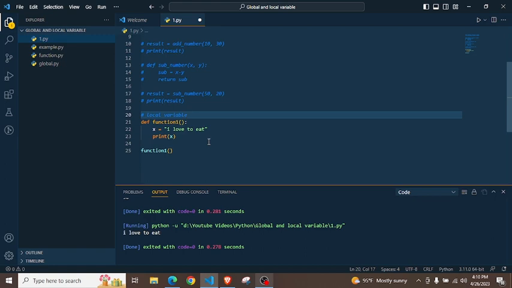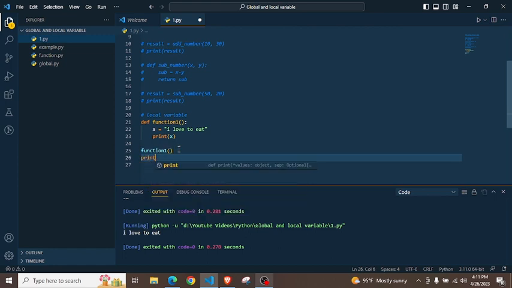A global variable we can access anywhere, inside and outside. Here I wrote the example of a local variable. You see, I wrote these things inside a function, not outside it. If I print x and try to access this x outside of the function,